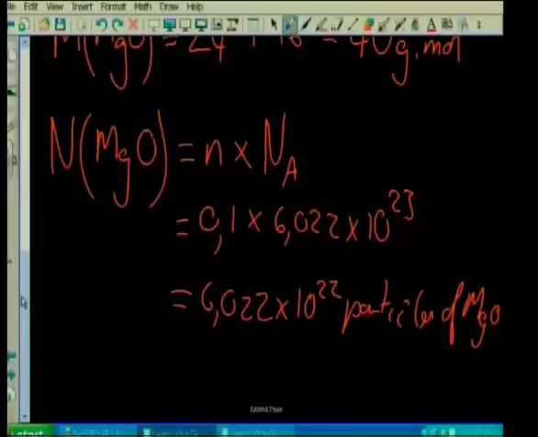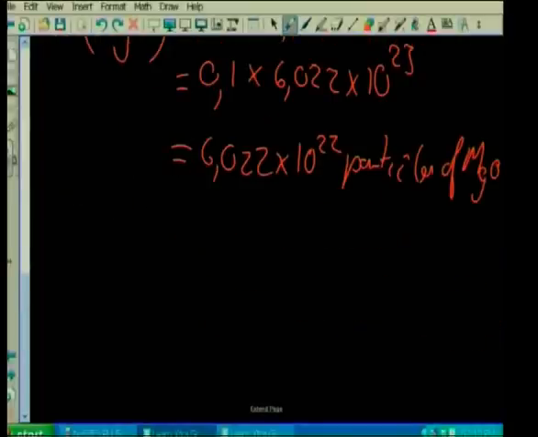Now, I need to recognize in this substance, I've got an equal number of magnesium and oxygen. Together, I've counted the pairs. I've counted the number of pairs of magnesium and oxygen. So if I know the number of pairs, how many are there going to be in all? Well, from this calculation, I hope you can see that if I know that there are that number of magnesium and oxygen pairs, then I'm going to have